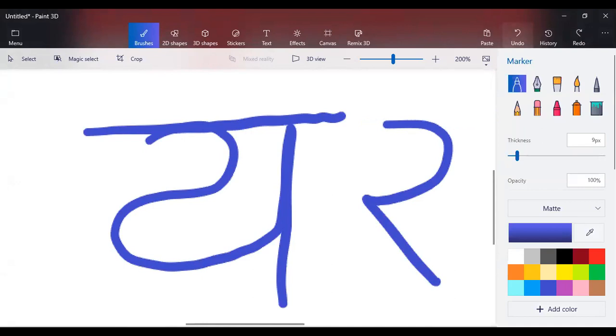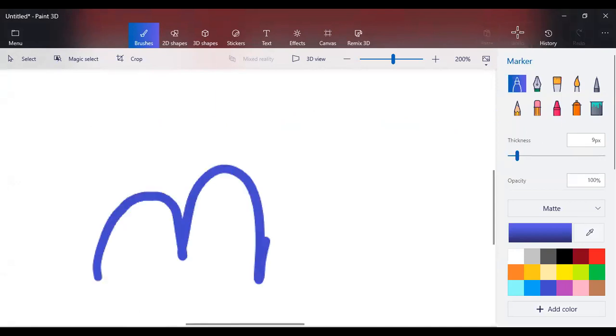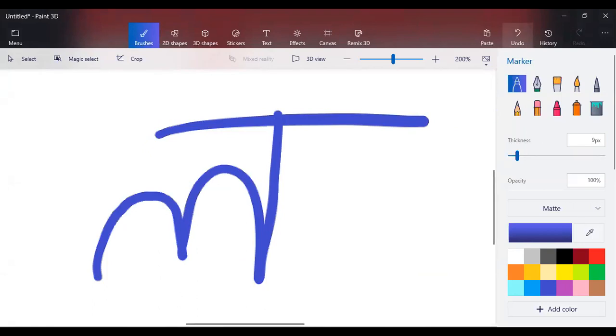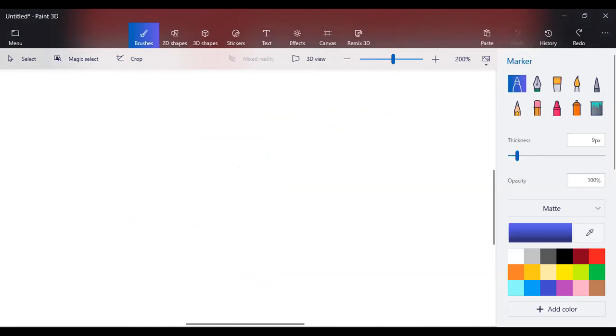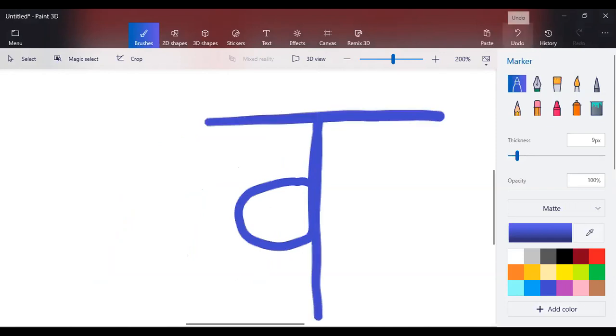Then the third letter of the semi-vowel, which is dental, la. Lalita and all that sound la. That is the letter la. Then the last semi-vowel is va. So ya, ra, la, va. These are the four semi-vowels.